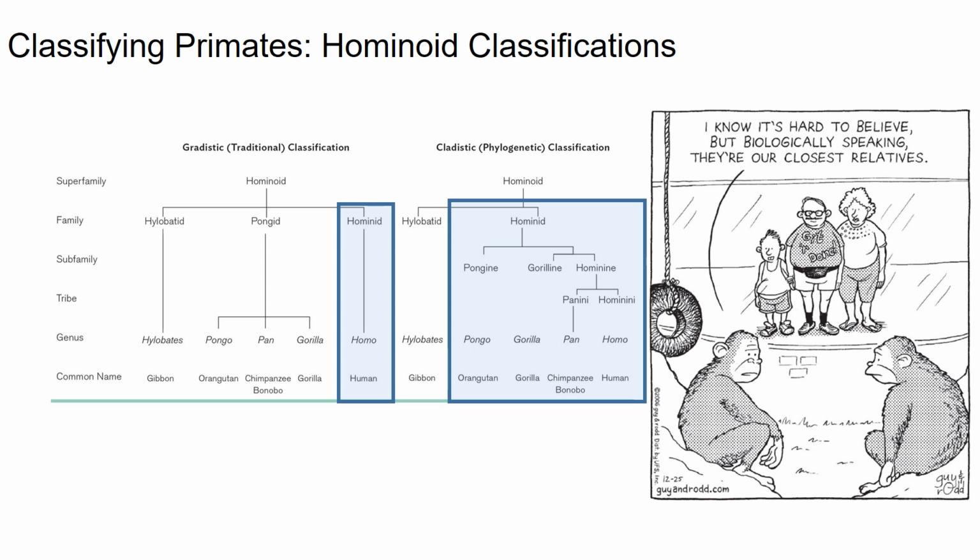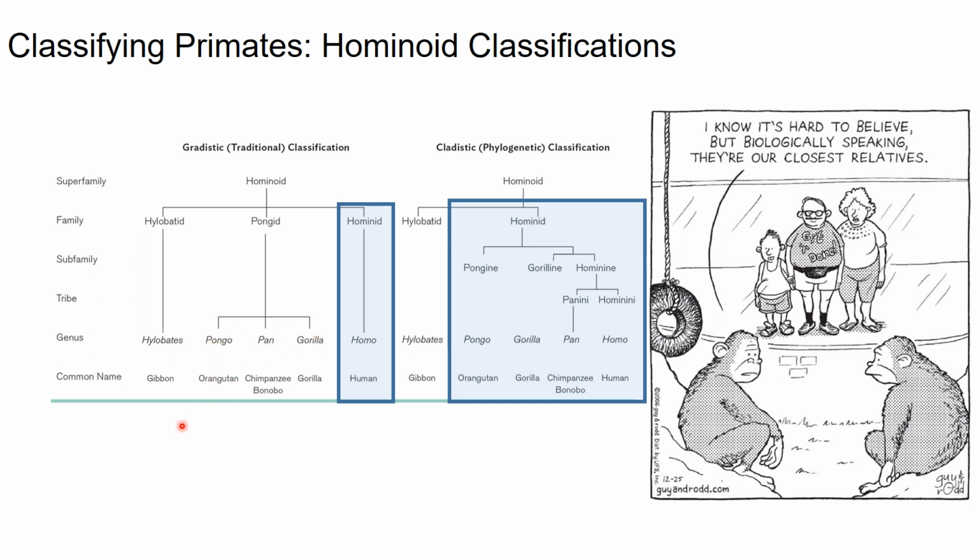When it comes to the hominoid classifications and what we're classifying in a gradistic versus cladistic classification system, the main difference that we can think of for us is how we posit humans against other living primates. Now, if we use that traditional classification system, we put humans in our own family that's completely separate from other living primates, completely separate from the apes. So as you can see here on the left, humans have been separated,